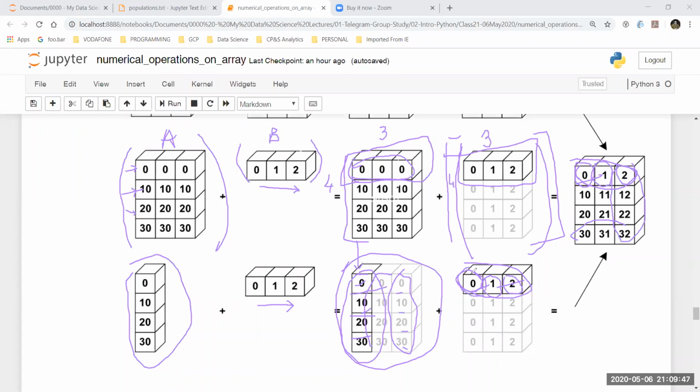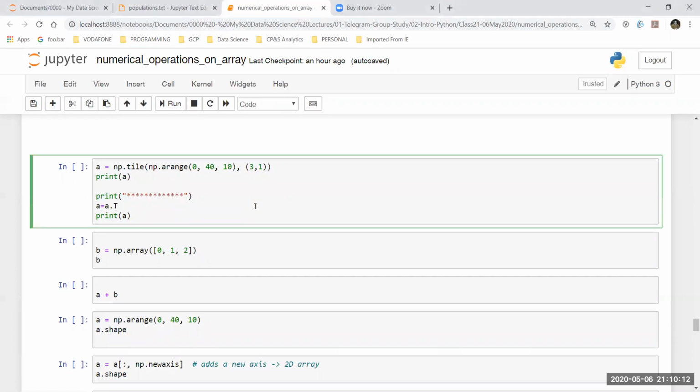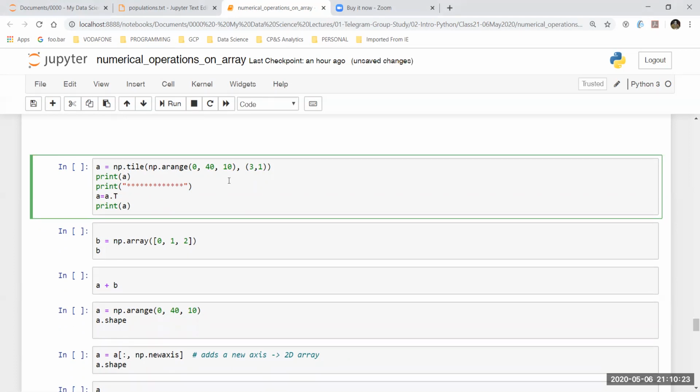So this is how broadcasting internally works, that you take each and every element and then you can do the calculations. Why is this the case? Because if you are going to take all the elements and do the mathematics, then that is going to be a big issue, because the number of elements is going to be very big, right? So using this concept only, it is going to do these summations or the rest of the activities which is related to any mathematical operations, right? Now let's look into some other functions before we move on. So I'll just hide this.